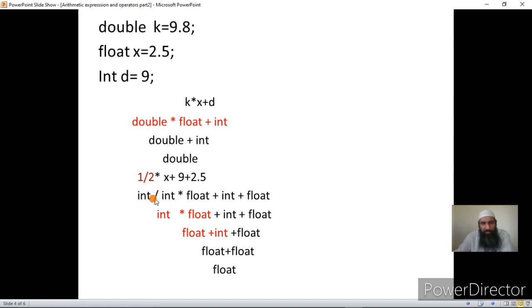But division is now being performed between int and int, and the data type of the operands is the same. So there will be no automatic type conversion, or automatic type casting, or automatic type coercion, or implicit type coercion. Who performs this? The compiler. The programmer does not have to do anything with this. This is the C compiler's way of handling the expression.